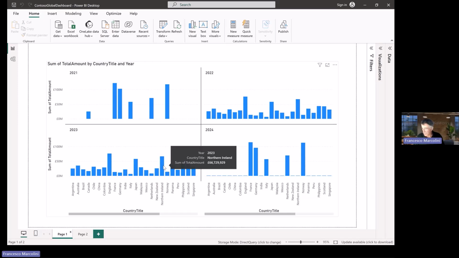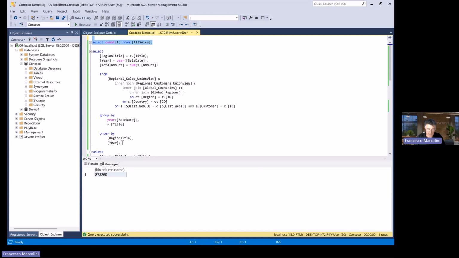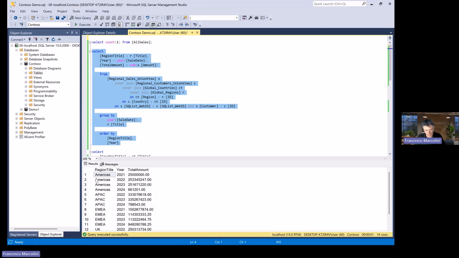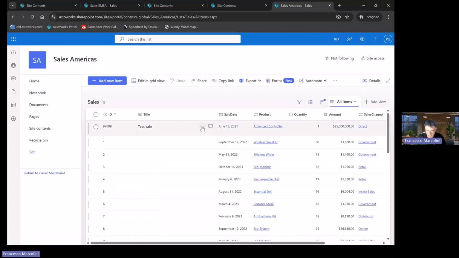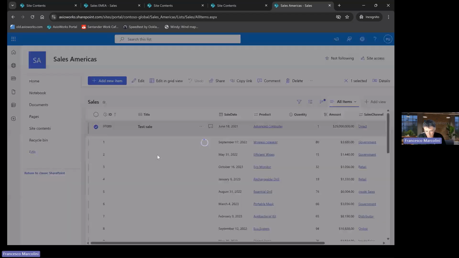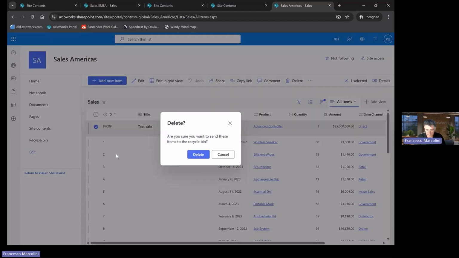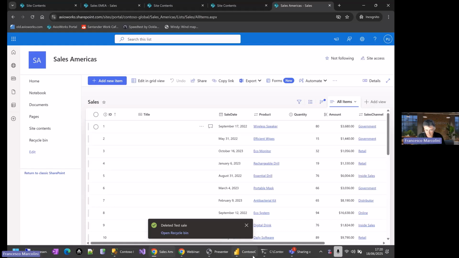Likewise, if you run your queries in SQL Server and run again the same query that I showed you earlier, you can see that now in Americas in 2021, we have our 25 million. So across all the platforms, you now have your data up to date. If I go in here and delete this item, exactly like it happened before,